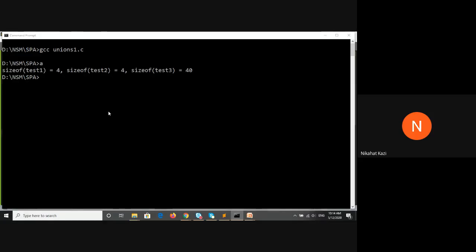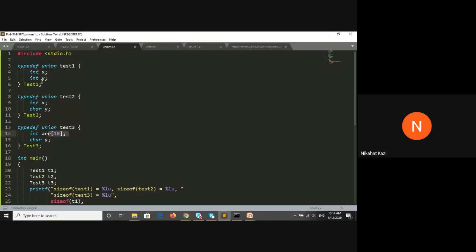In case of structures, the size is equal to the sum of the sizes of the individual components. So if instead of a union, it was a structure, then the size of this will be 4 plus 4, that is 8. So let me just change this quickly to struct and print it again.